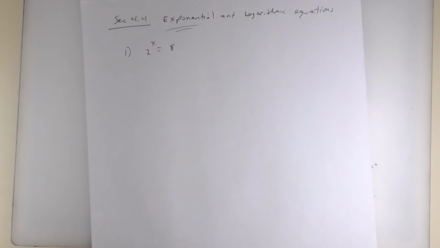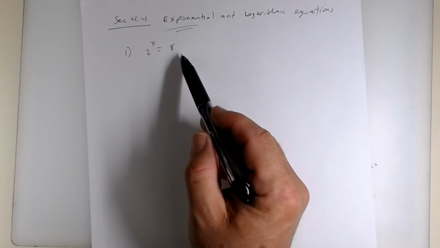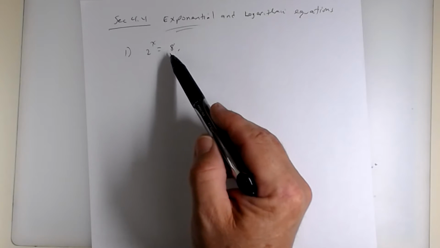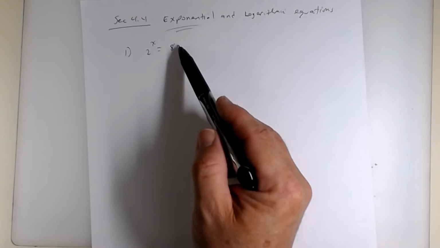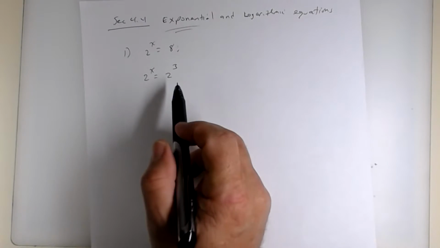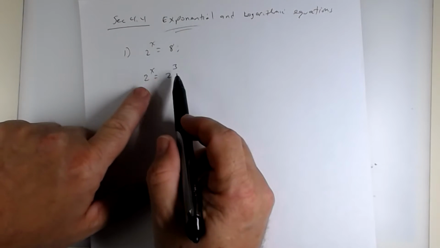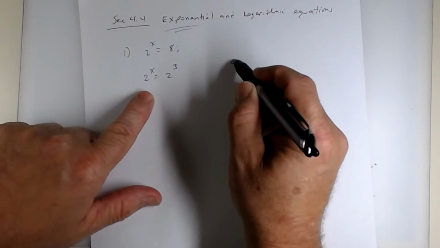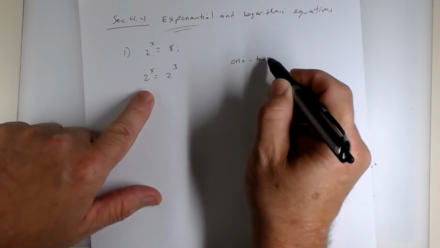Right? So 2 to the x is equal to 8. The only way that can happen is if x equals 3, because 2 to the third power is 8. But what I need for you to notice is that now you do this in your head, but keep in mind that really why this works is that 8 is really 2 to what power? The third. And what do you notice about the bases of this exponential equation? They're the same. So there's something called the one-to-one property